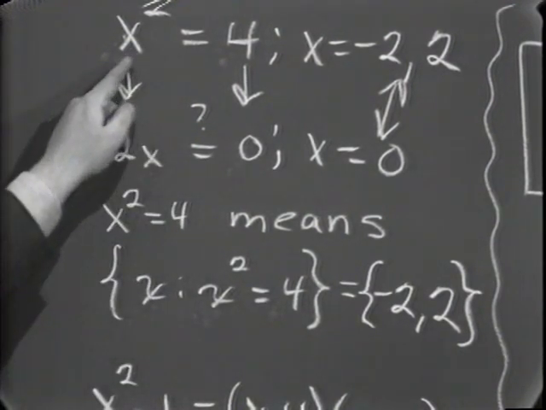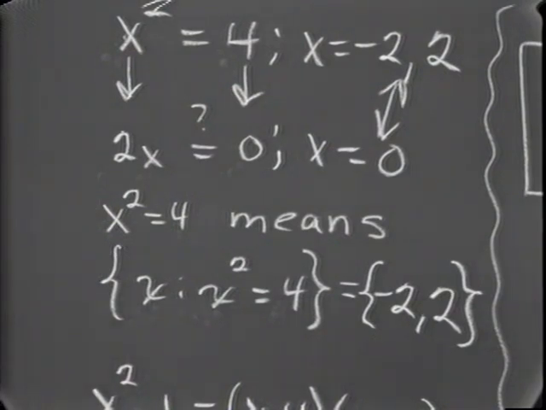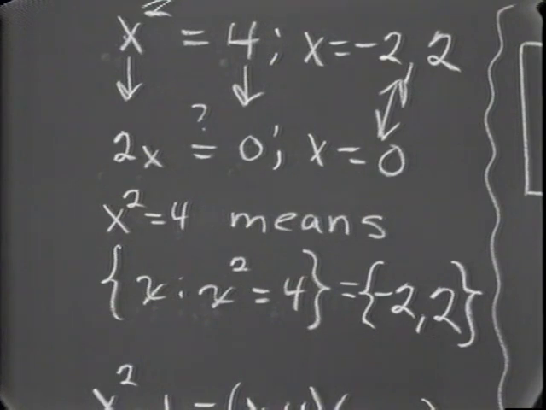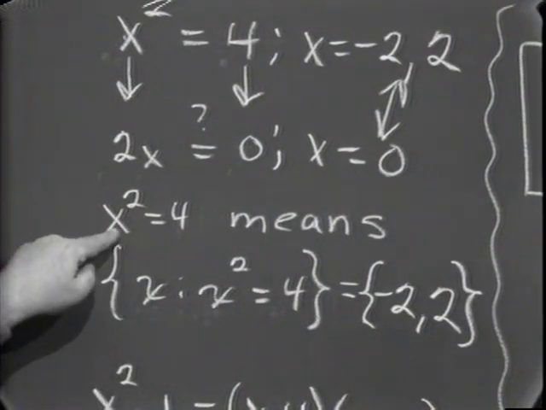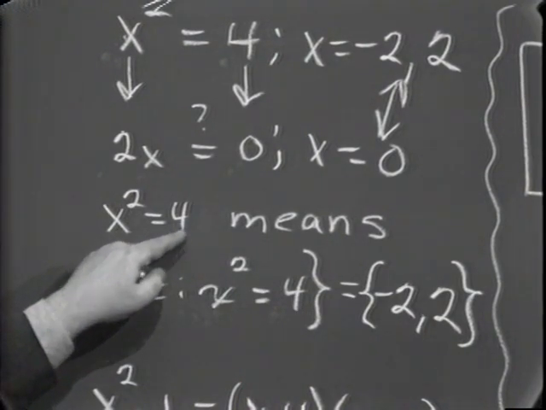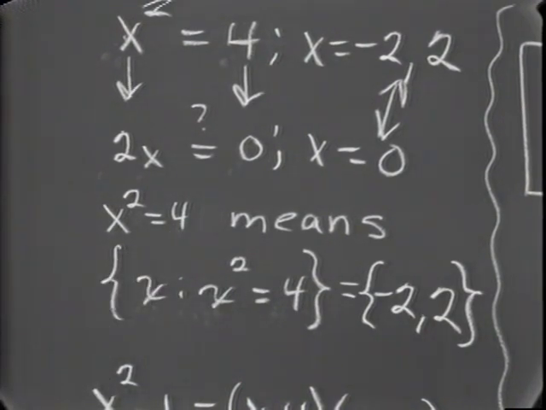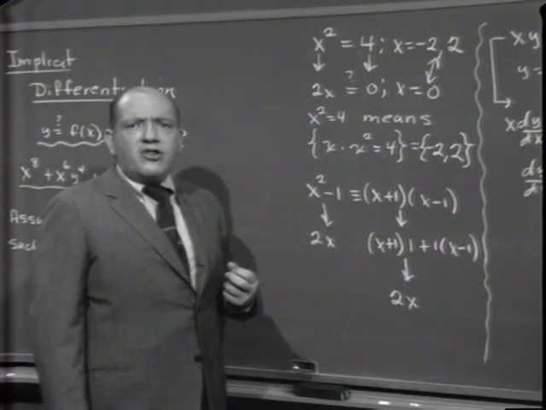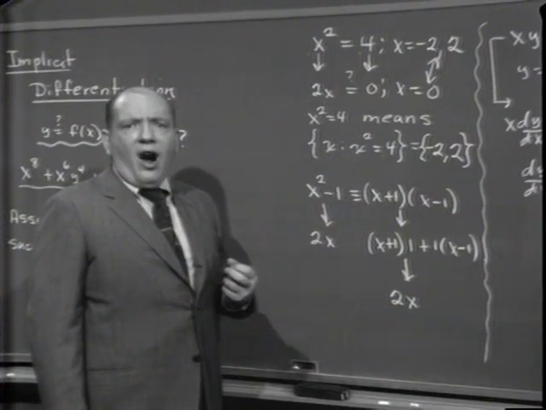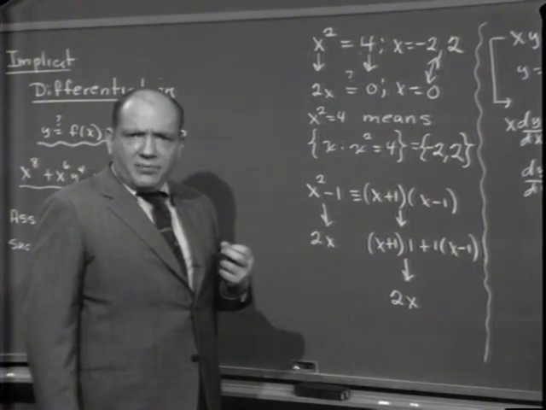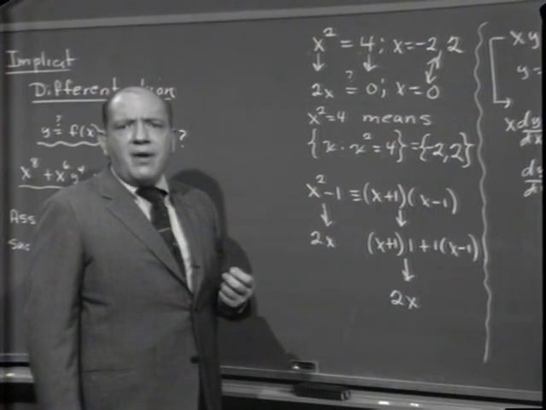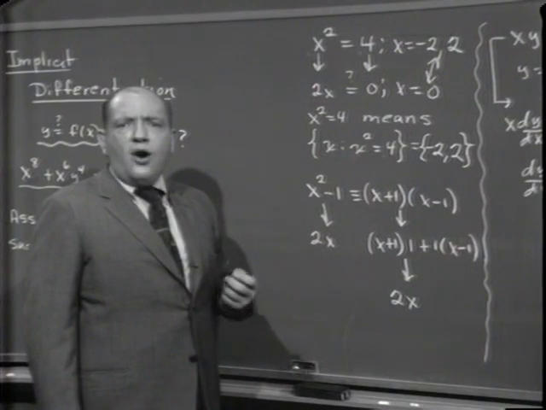For example, if you subtract 4 from x squared, you do not get identically 0. In other words, x squared minus 4 is not another way of saying 0. For example, if I put x equals 3 in here, this says what? 3 squared equals 4, which is certainly a meaningful statement, but nonetheless a false statement. You see, somehow or other, an equation is something which can be true for certain values of your variable, but false for others. On the other hand, an identity, as the name may imply, is something that's true for all